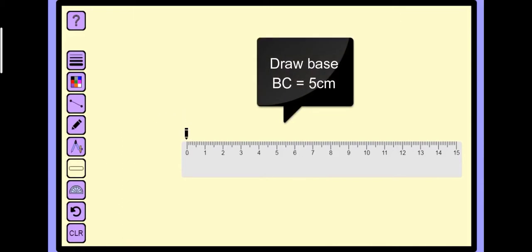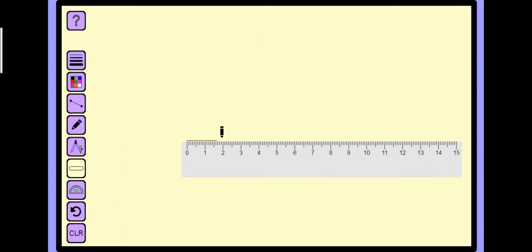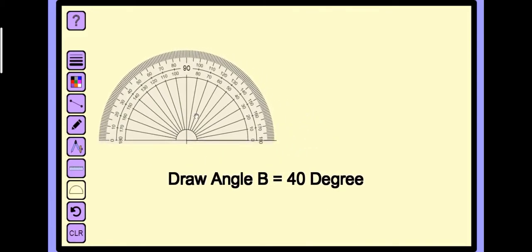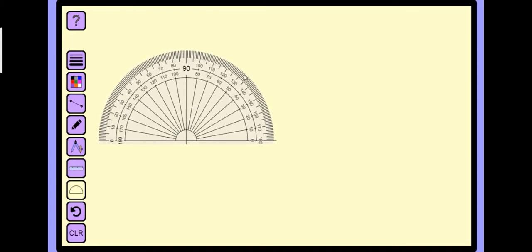It is 5 centimeter. What is the base angle? The base angle is B. Angle B is given, that is 40 degree. So by using the protractor, we have to construct the base angle equal to 40 degree. Sometimes instead of B, it will give you C also. Any one base angle will be given. In the first condition, if AB is greater than AC, then AB minus AC, the difference of the remaining two sides, is 3 centimeter.